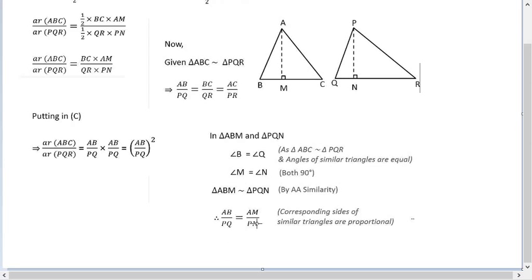That's what we want. So instead of AM upon PN, write there AB upon PQ. So what happens now? Here also AB upon PQ, here also AB upon PQ. That is equal to AB upon PQ the whole square. That's what our